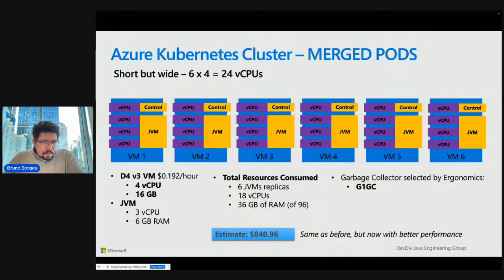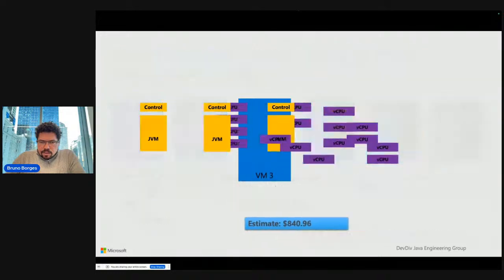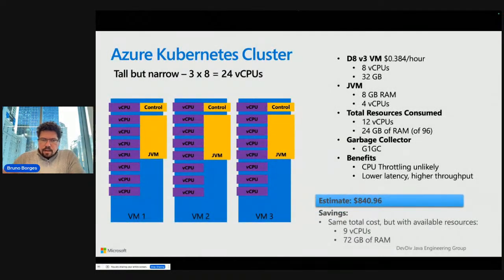I'm still consuming the same amount of memory and the same amount of CPU total, but the cost is still the same. And I very much improved the performance here for this workload. Assuming I had performance issues, I may as well achieve better performance just by rearranging the resources. Well, what else can I do? I can actually reduce the number of VMs and increase even more the amount of CPU and memory for each replica. So now I'm running only 3